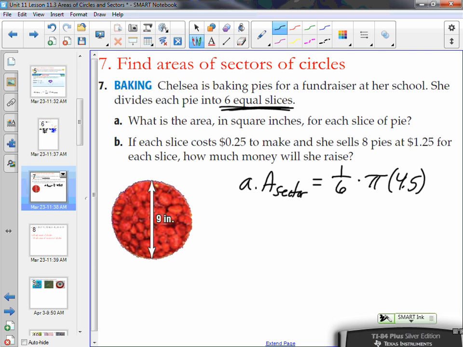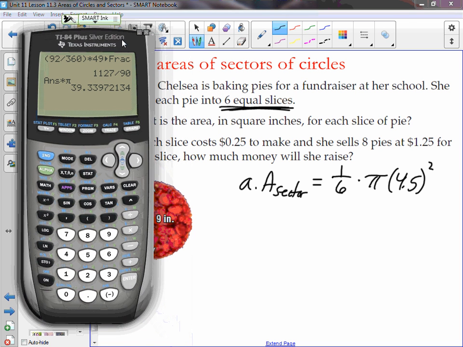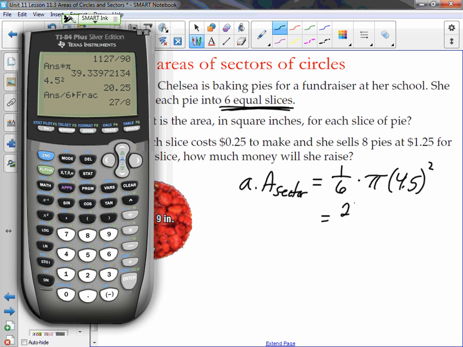So 1/6 times 4.5 squared. Now, let's get this as an exact answer first. If I take 4.5 and square it, and then divide it by 6, I get 27/8. So 27/8 pi